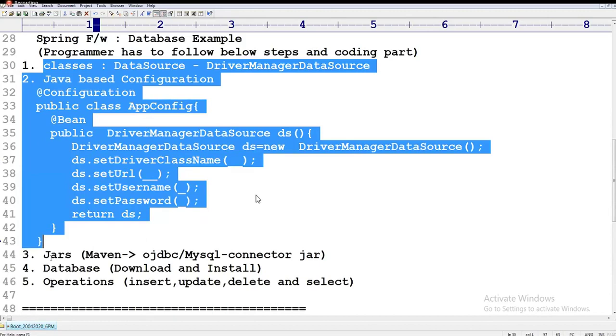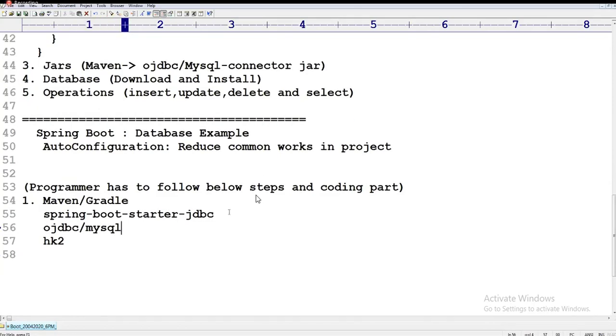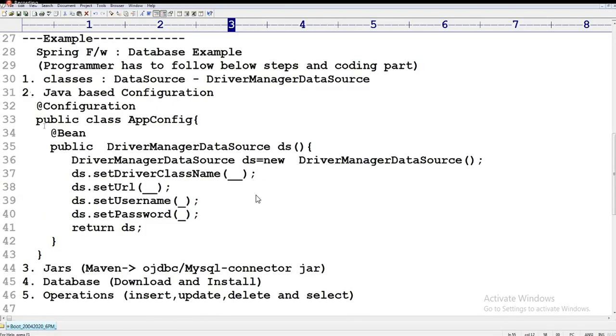Okay, I'm just adding one more here. That is H2, which is one database actually. That is going to cover step number 4. Of course, mentioning OJDBC or MySQL, any connector also is supported here. So it is going to cover this line. This is the only main important line, observe carefully. It is going to say that step number 1 and 2 I am going to cover.